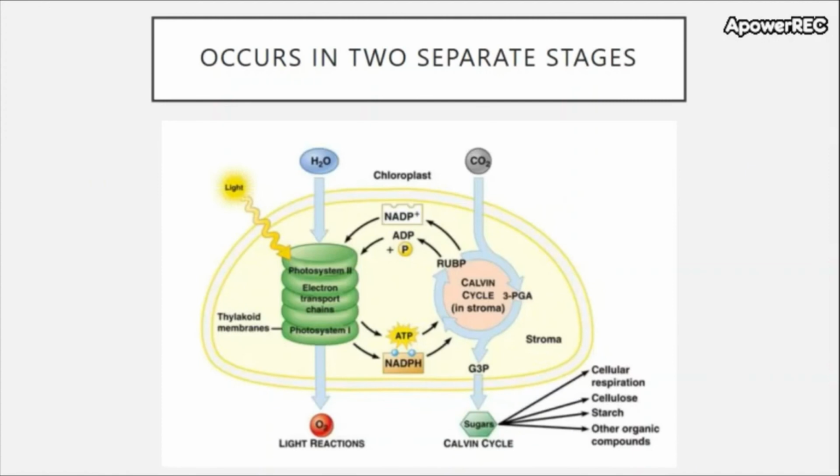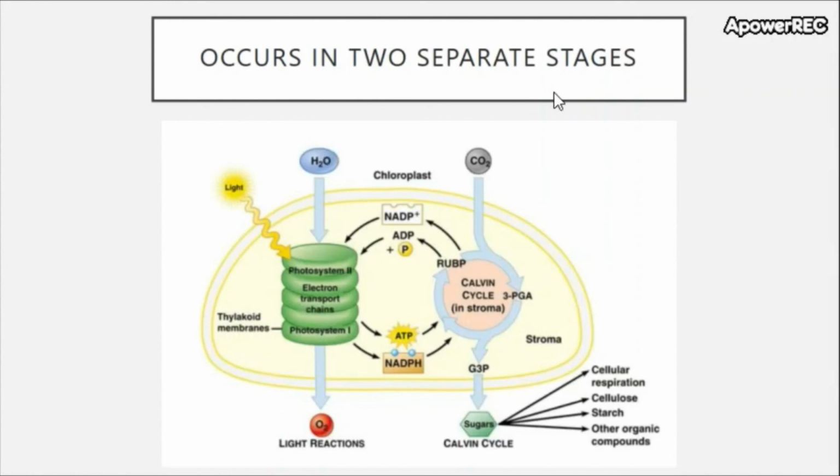And now, just as we did for glycolysis, pyruvate oxidation, the Krebs cycle, and the electron transport chain, I want to discuss the stages of photosynthesis. I'm not going to ask you to remember everything that occurs in photosynthesis. It's a pretty complex process, but there should be some basic understanding here of where things are coming and going. For example,